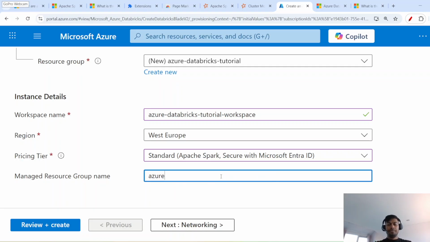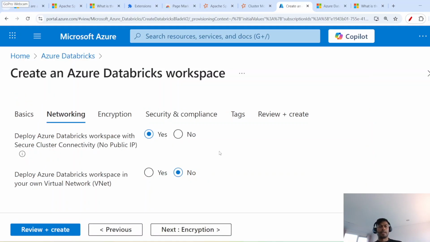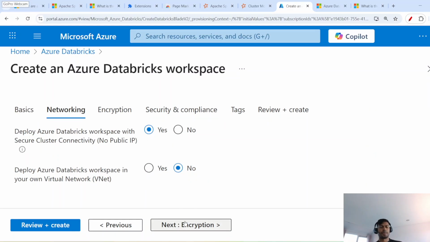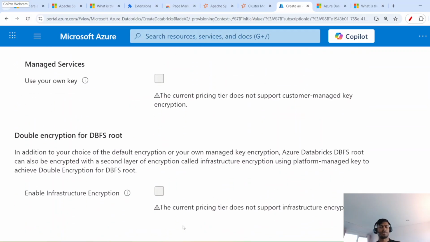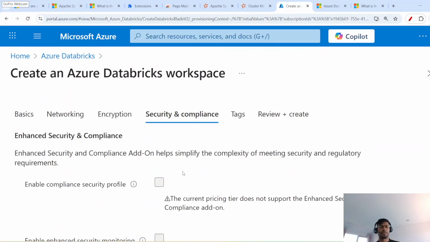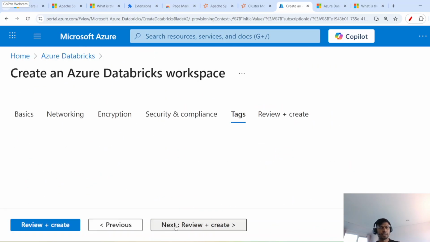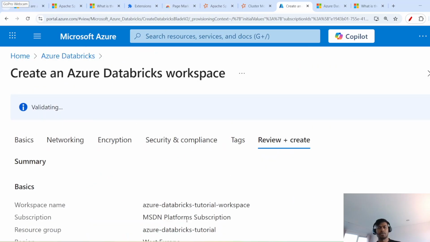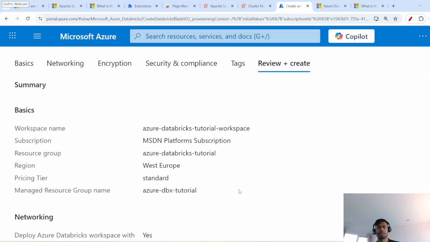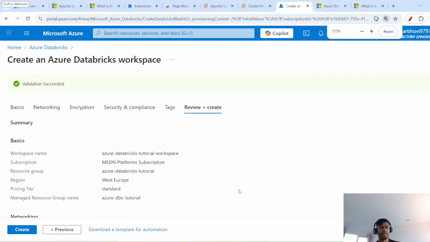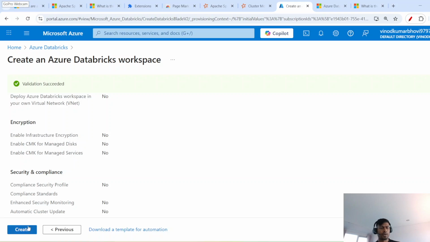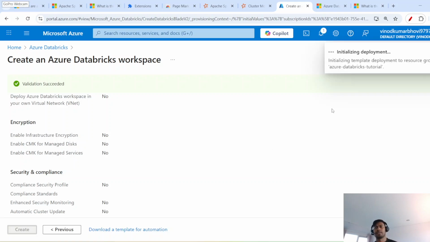Azure DBX tutorial, something like that. Next, I'm going to leave it as is. The encryption, you can also leave as is. We will discuss them later when we discuss CI/CD. Security and compliance, also leave as is. Now it is trying to validate. Okay, validation is successful. Now if I click on create,